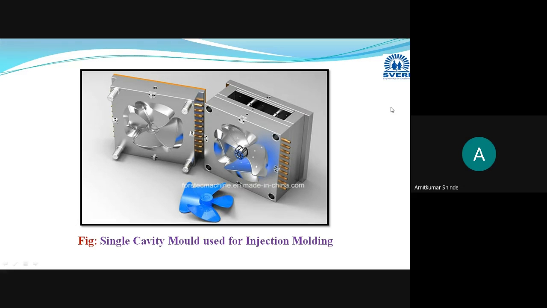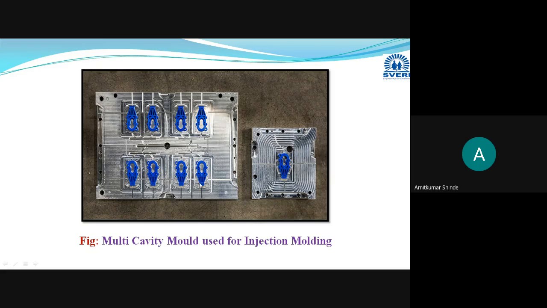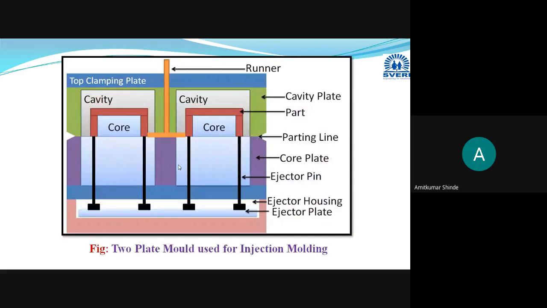This is the example of the single cavity mold, okay. One electrical fan blade is manufactured here, okay. This is the mold used and it is manufactured in one number. This is the single cavity, only one cavity is there. Here multi cavity mold is used. This is our final product. Multi cavity mold is used. You can choose it according to your convenience. Whenever mass production is required, you can go for multi cavity mold, okay. Then you can go for two plate mold or three plate mold.